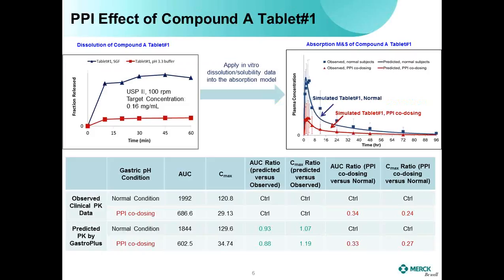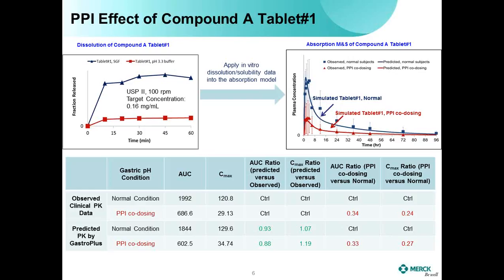Here we used the dissolution model to look at the in vitro release of conventional formulation tablet 1 in both SGF and pH 3.3 citrate buffer, and we found a significant difference in the dissolution of the drug. The dissolution for tablet 1 has no profile, especially in the pH 3.3 media, so we applied the kinetic solubility value in GastroPlus